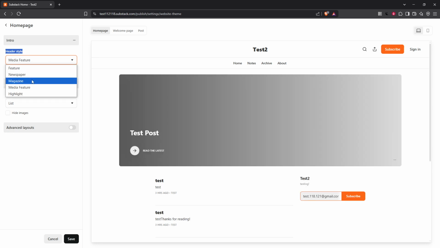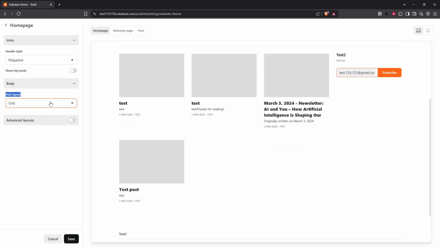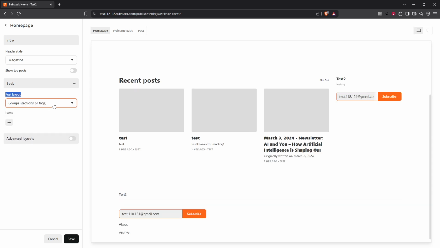Next, move to the body section of the theme editor where you'll find the Post Layout drop-down. This determines how your posts are displayed on the site. You can choose between list, grid, or groups. Each arrangement offers a different organizational perspective for your content, allowing you to find the one that best suits your